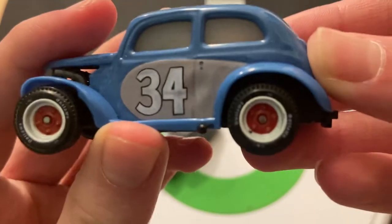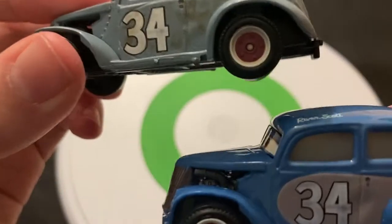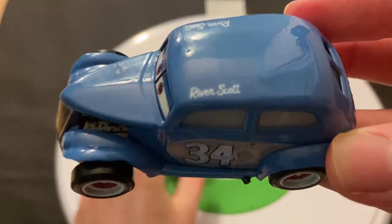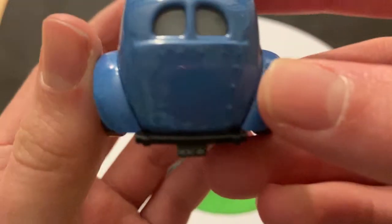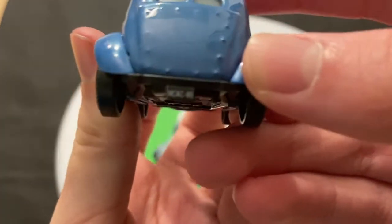So that's pretty cool. You can see the tires are like a red and white, kind of similar to how he still has his tires. River Scott there on the roof for his name, nothing on the back. Got some like rivets right there. See,